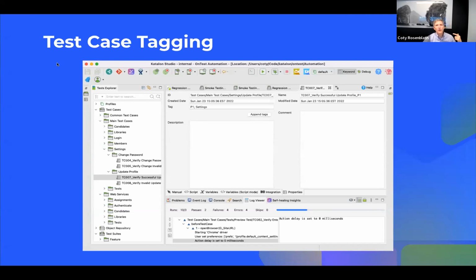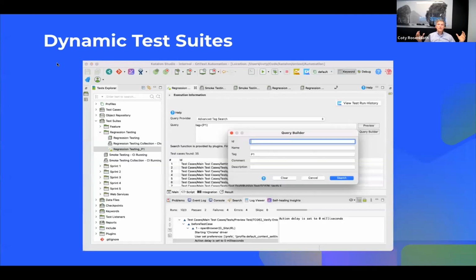And where that test case tagging really becomes powerful is in the final organization structure that I'll talk about today in Katalon, and that's in dynamic test suites. When I talked to you about our structure of test suites earlier, I told you could take tests from anywhere in your test case hierarchy and put them into a test suite, but you've got to do that effectively manually. You're figuring out, maybe I want to take all the tests from this domain and put them into a test suite. What a dynamic test suite lets you do is use any of the features of the test, its name, its ID, comments in the test, but I think most usefully tags on that test, to select tests into a